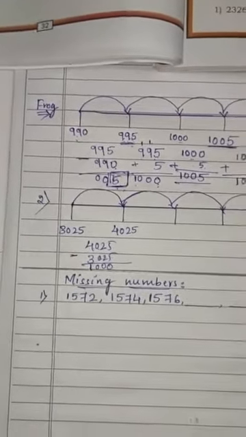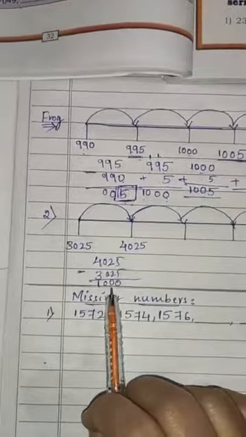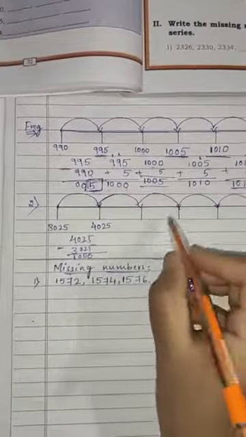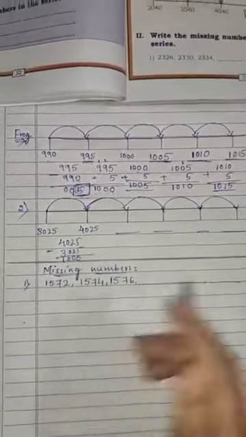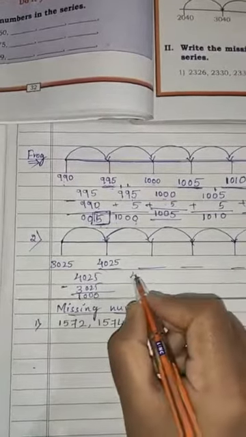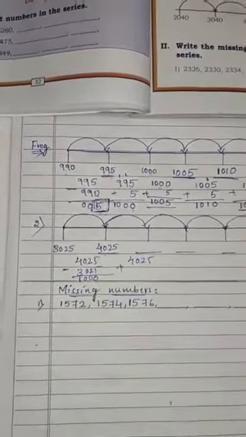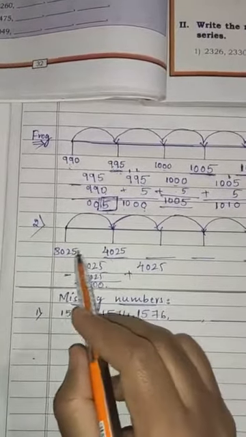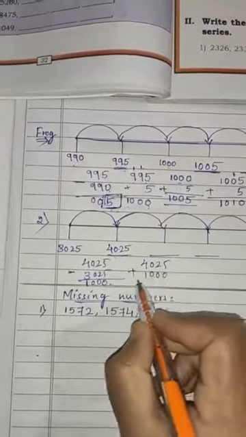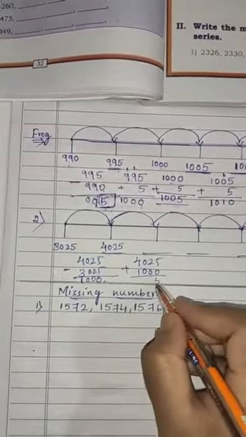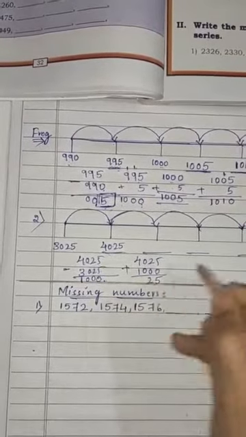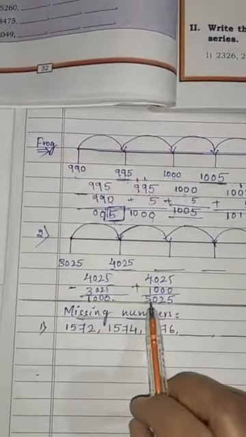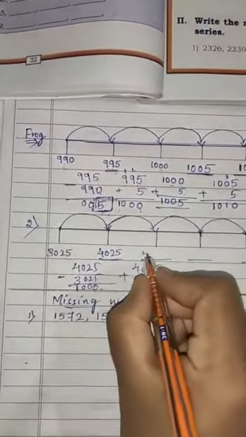Okay. Now what do we have to do? Yes, we have to keep on adding this 1000 to each number every time to complete all these gaps. Okay. So first we'll take this number, 4025. Plus which number do we have to add? Yes, we have to add 1000, because it is the difference between these two numbers. So 1000. Right. So 5 plus 0 is 5. 2 plus 0 is 2. 0 plus 0 is 0. 4 plus 1 is 5. So the answer is 5025. We'll write the answer here.